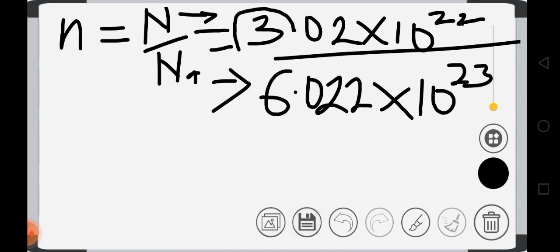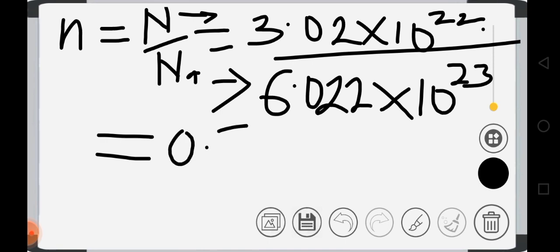That will be 23. That's if you don't want to use a calculator. But if you want to use a calculator, there's no need of moving the point. Just type your division symbol. Just type 3.02 exponential 22 and divided by, go to the downside, 6.022 times exponential 23. So the answer you are going to have will be